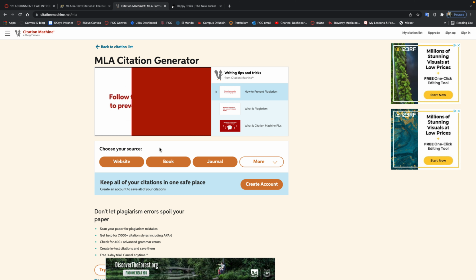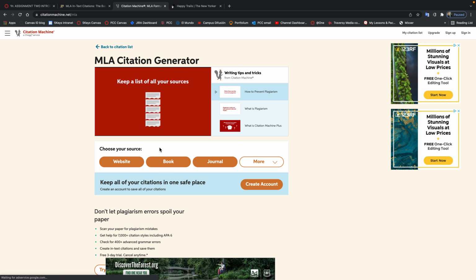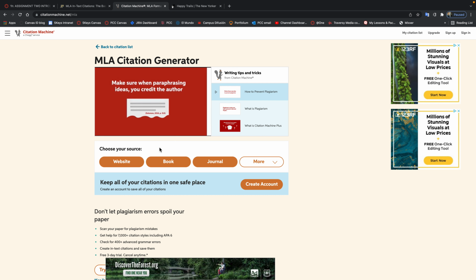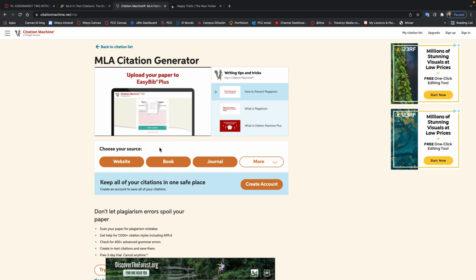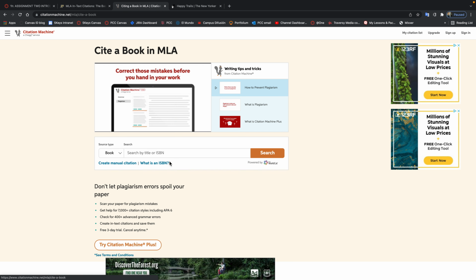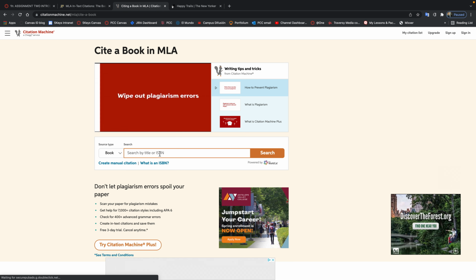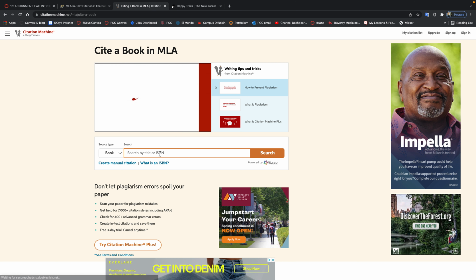I'm going to be creating a citation this time for Martin Luther King's Letter from a Birmingham Jail. I read this in a book, so the source I'm going to select is book. Okay. The book that I read this in was called